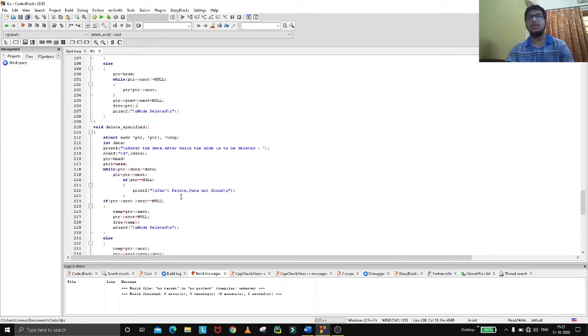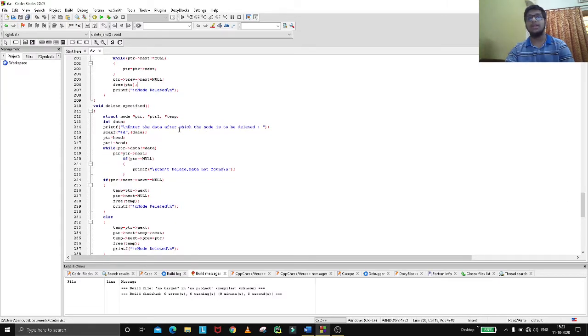Now, the delete function. For the delete function, we need to create 2 more pointers like ptr1 and temp. So basically we need to check that ptr of data is not equal to ptr. If you give data like I have 20, 15 and 5 remaining in the data, you have to ask the user after which node you need to delete.